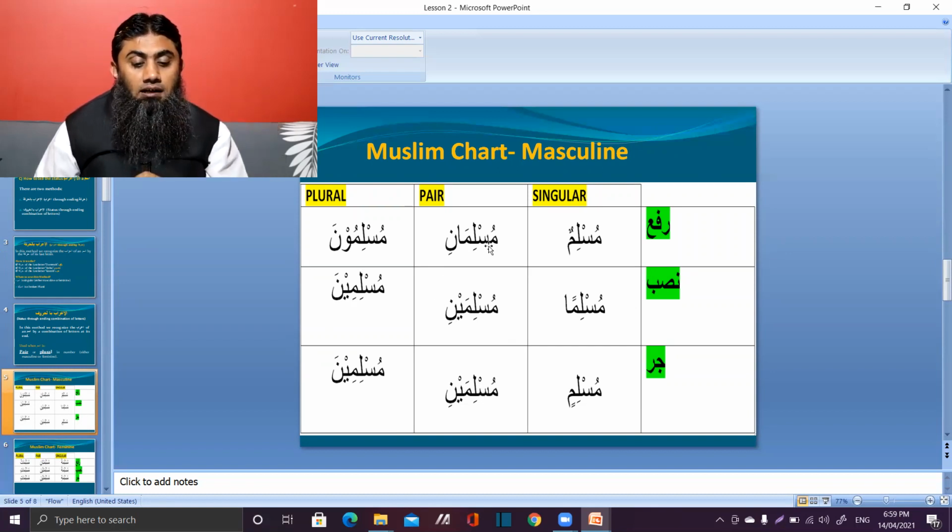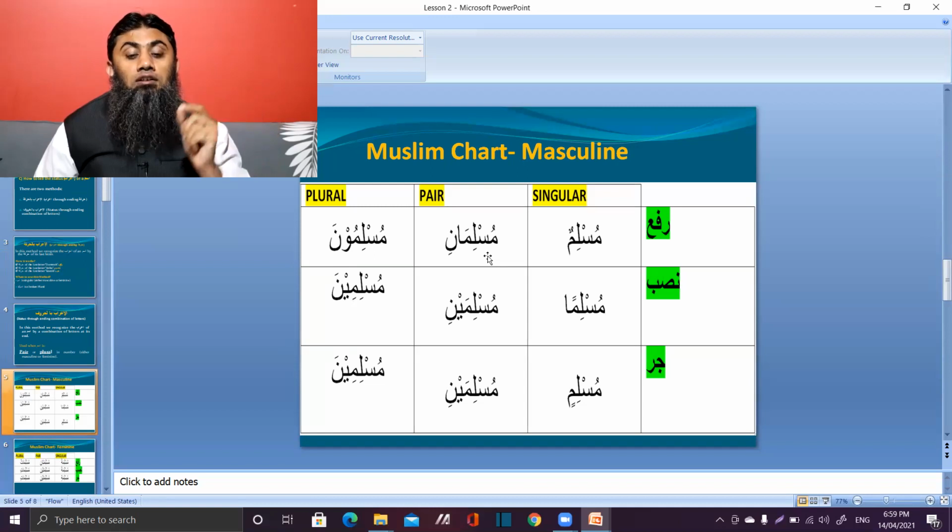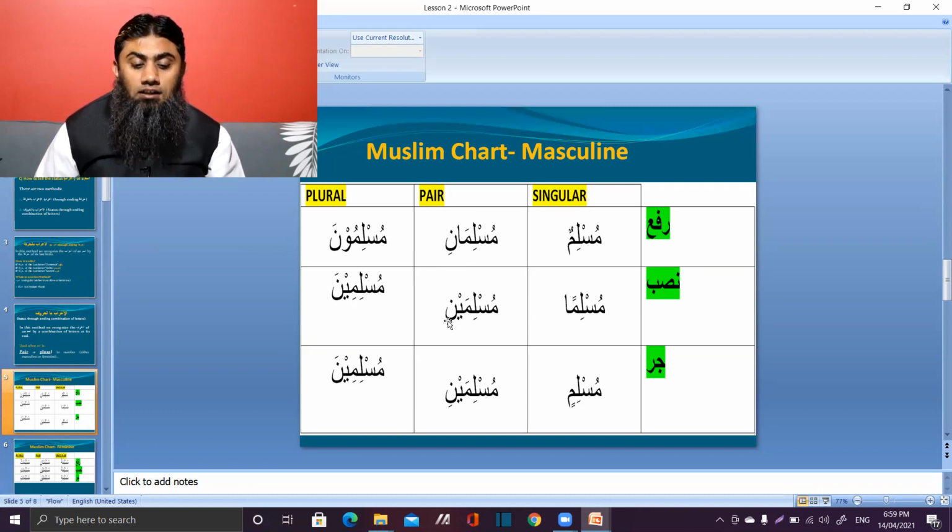So one more time. Muslimani. Remember this. This Muslim word is taken as an example. I give you another example. If I say kafirani, the word is not important. The important thing is that these last letters produce a unique sound, which is ani. This ani sound means that this ism is pair and it's rafa. And Muslimaini, kafiraini, this aini sound tells you it is pair and it's either nasab or jar, because both of them are the same.